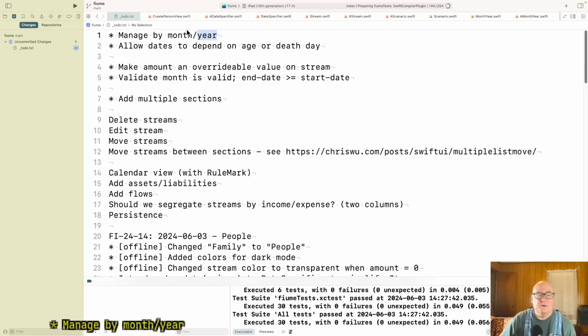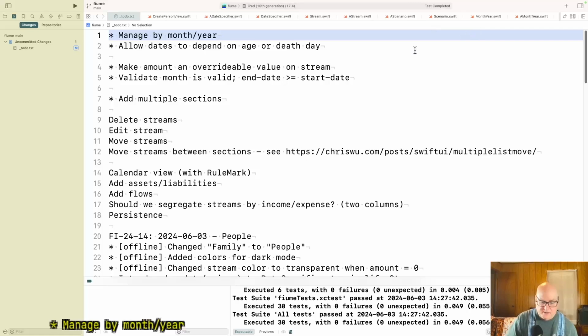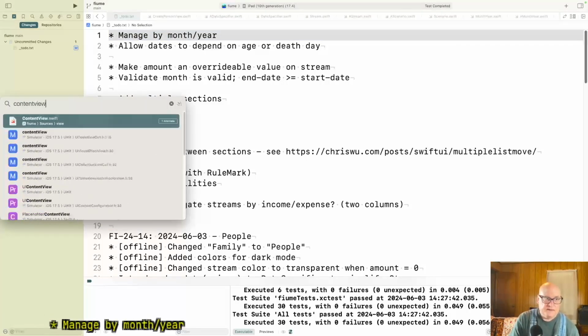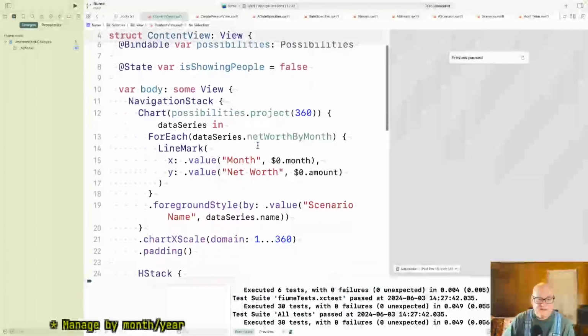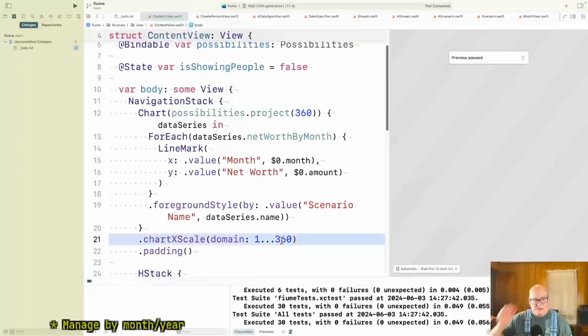All right, so I guess we got to look at content view to start, because I think that's the thing that knows the 360. Yeah, this chart scale.